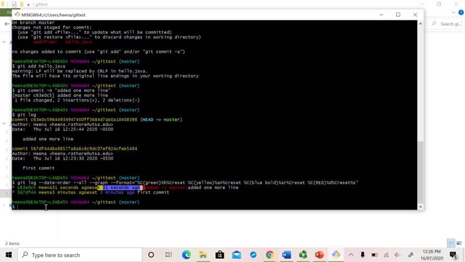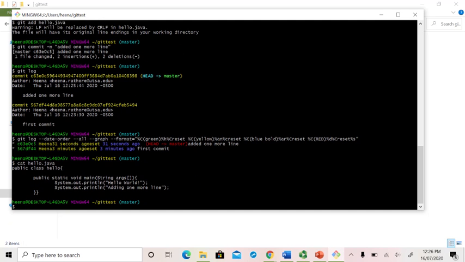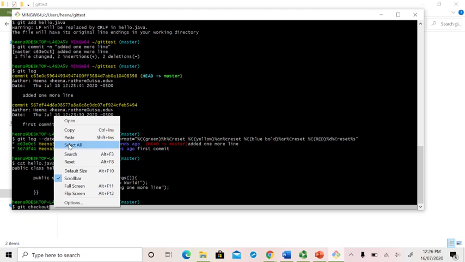So now if I want to go back to my previous version, if I do cat hello.java, it basically tells me that this is my file presently. If I want to go back to my older version, I can do git checkout the older version, and the older version is associated with this ID. So if I copy this and paste it over here,